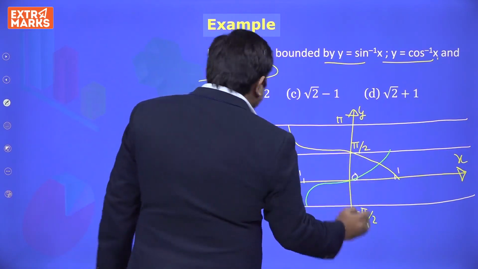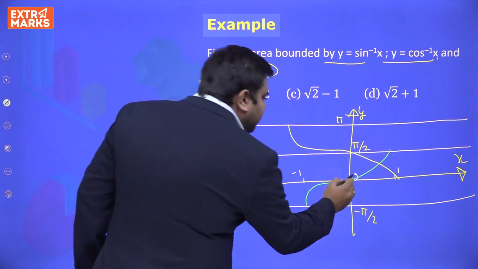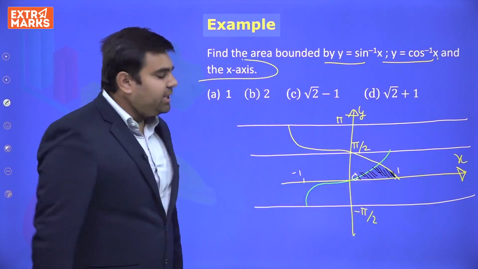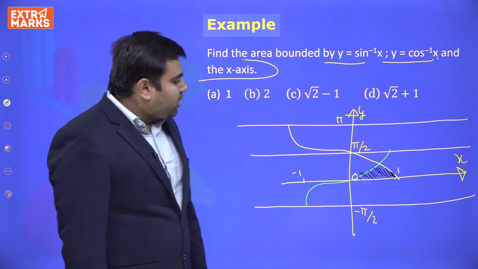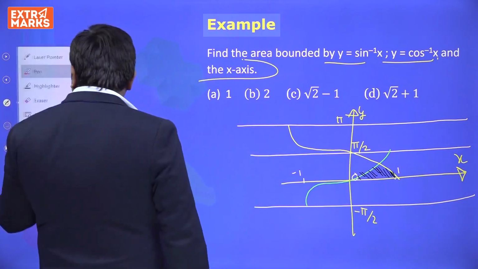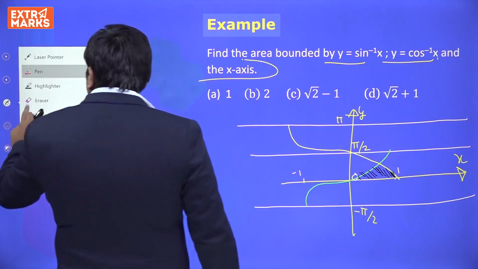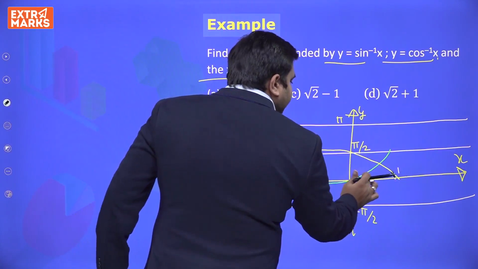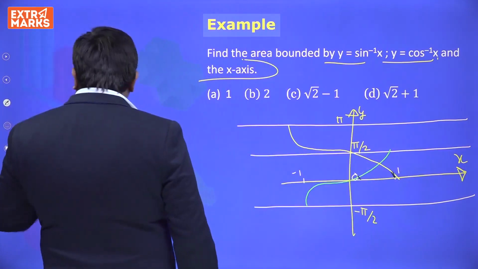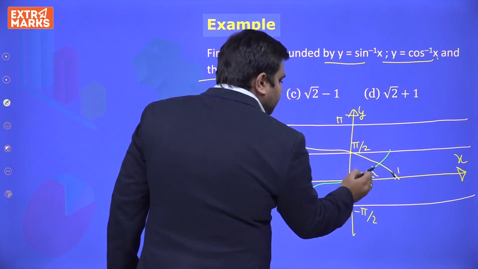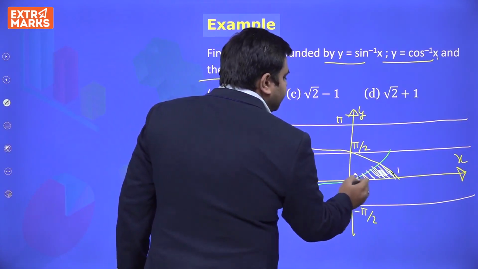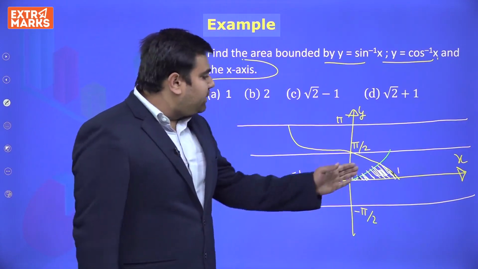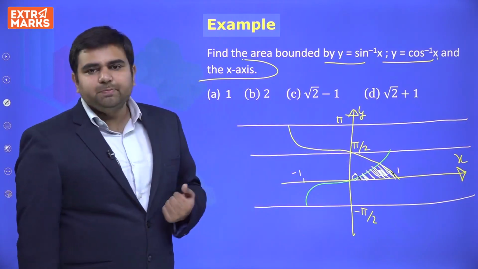So this is quite obvious that the area shaded is the required area. The area shaded is the required area, right? Because this is the only area which we require, right? So let me show you once again in a proper manner so that nobody faces any confusion over here. This is the required area, right? So how to calculate this area? See, area bounded by these two curves and x-axis will be this only, right?